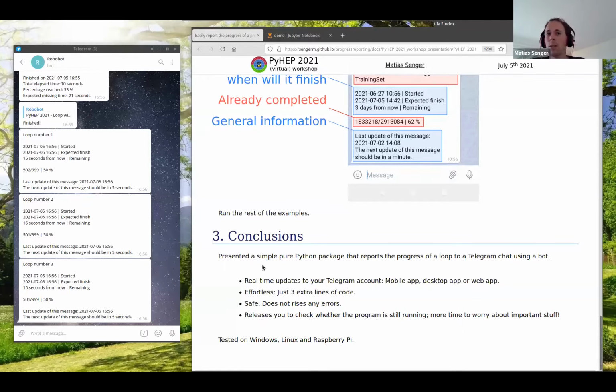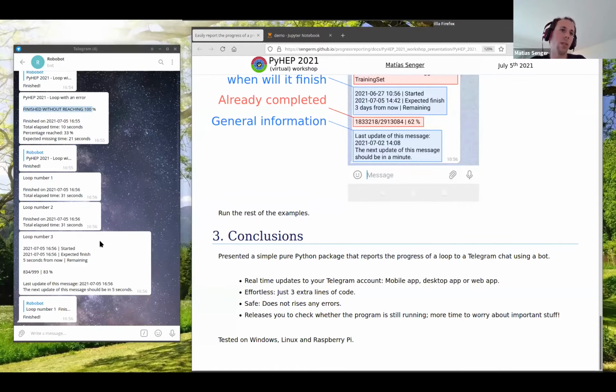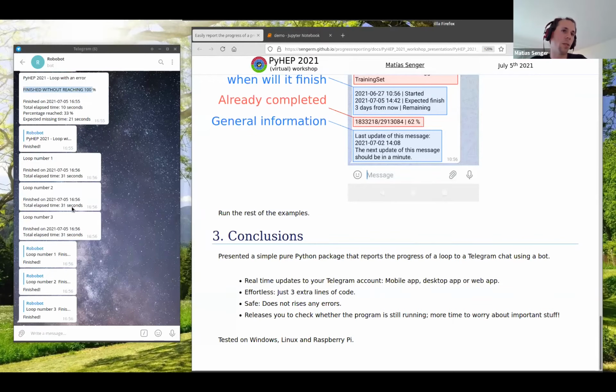It's a really very simple package, but it's really useful. I am using it almost all the time in the lab. That allows you to report not only from the lab, also data processing to a Telegram chat, so you instantly know what is going on. It's effortless because you just need 3 extra lines of code in your script. It's safe in the sense that it will not raise any error if you lost the connection to the internet in the lab.